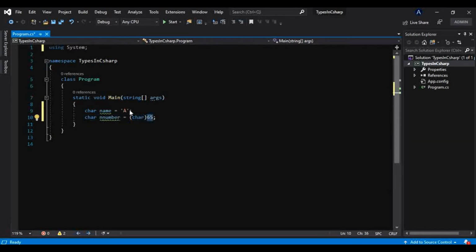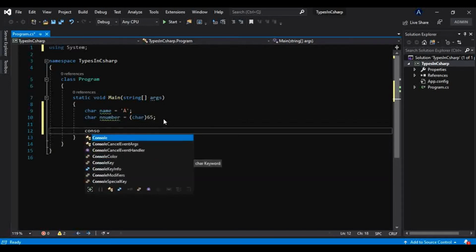I will use this to show you only that this number is an ASCII code which is associated with this character. That is A. To show that, I am just casting this number to this character. But again, don't worry about them. Casting and data type conversion, we will see them in great detail in our later videos, so don't worry. For now just focus on this.